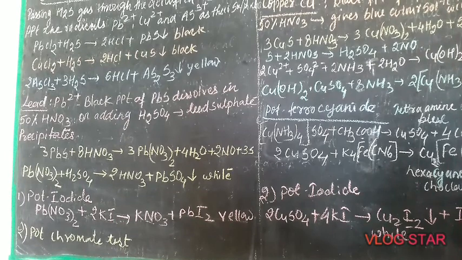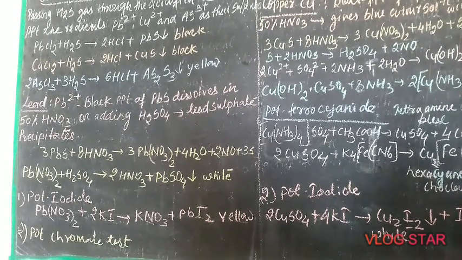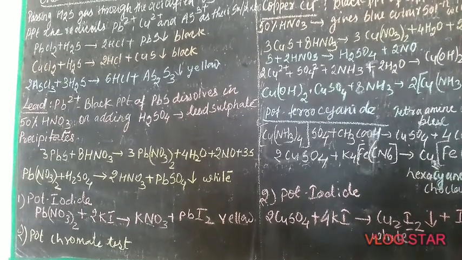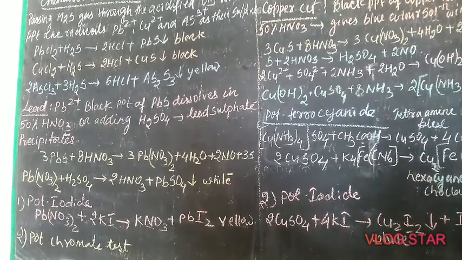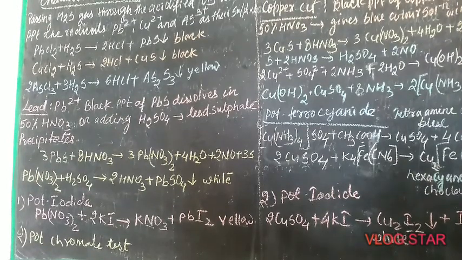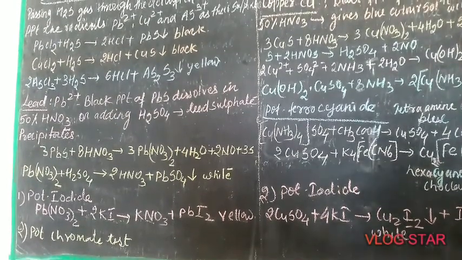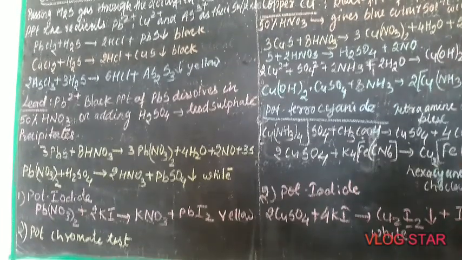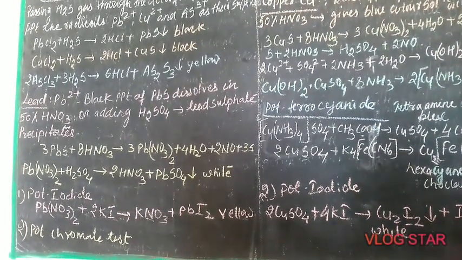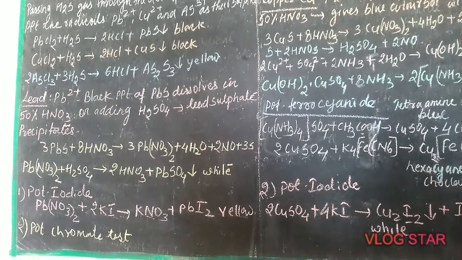Now here this lead nitrate, that is Pb(NO3)2 + H2SO4 gives 2HNO3 + PbSO4, that is white lead sulfate precipitate. Another is potassium iodide test, that is Pb(NO3)2 + KI gives KNO3 + PbI2, which is